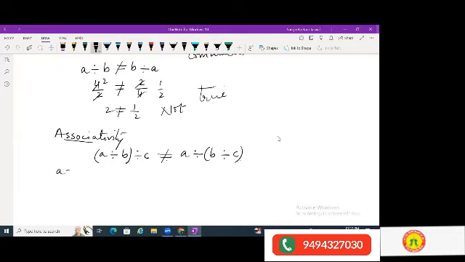Let a be 1, b is 2 and c is 3. आप ट्राई करो इसको. Just put these 3 numbers here, and check whether you are getting left hand side equal to right hand side. नहीं मिलेगा वो, we know that, but just verify it. Do it, try. एक बार ये ट्राई करिए. 1 divided by 2 divided by 3 is not equal, you have to prove this. This is already given to you.